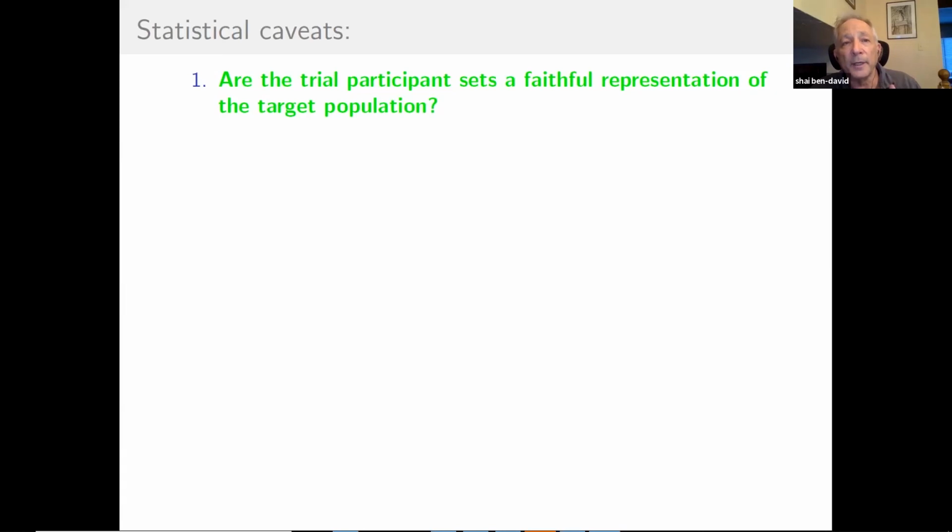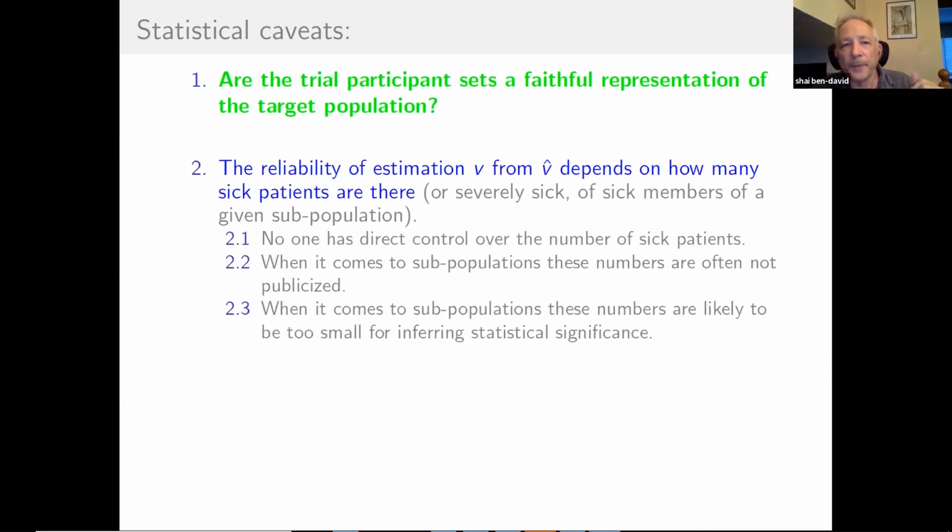What are the statistical caveats? Of course, are the trial participants a faithful representation of the target population? And the reliability of estimating the true V from the empirical V depends on something that we don't have control over. No one has control over how many sick patients we will see, or how many severely sick patients we will see, or how many sick people we will see among a certain age group. And since we don't have control over this, our reliability really depends on, by chance, how many happen to be